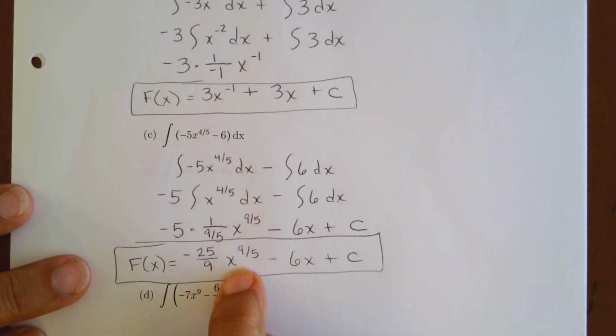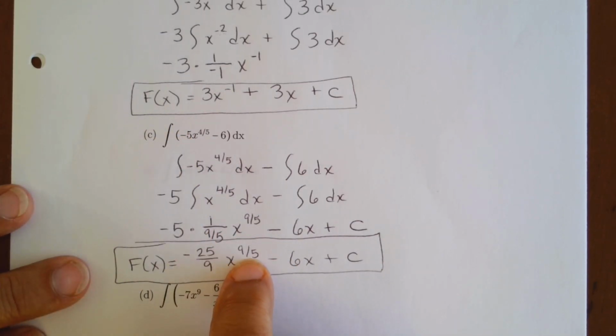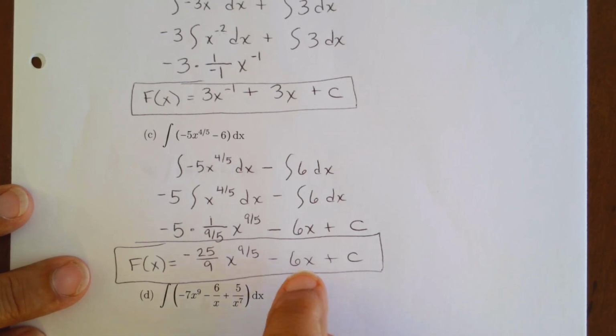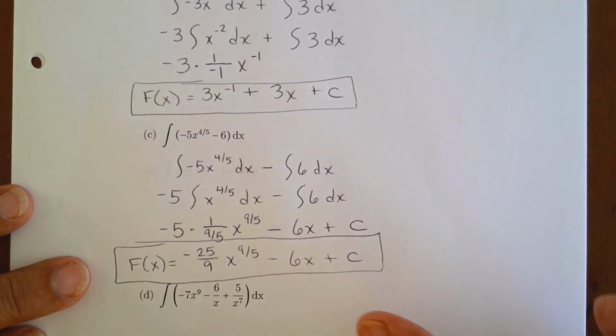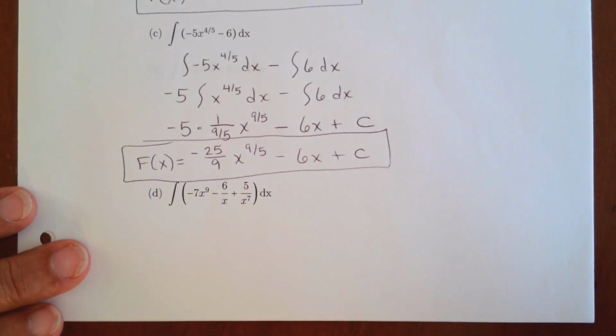So if you were to take the derivative, 9/5 times negative 25/9. The 9s would cancel, and negative 25 over 5 is negative 5. That's what was right here. And if you subtract 1 from that, you get 4/5. So that was the original function. That's the derivative. Negative 6x, derivative of that was negative 6. Constant, derivative of a constant is 0. Okay, so we always have to include that constant because there may or may not have been one in the original function. All right, now,